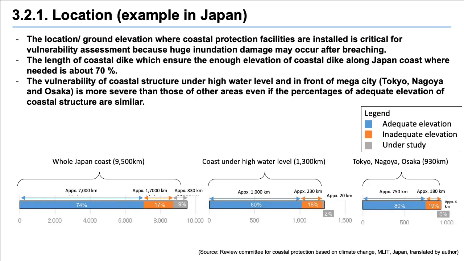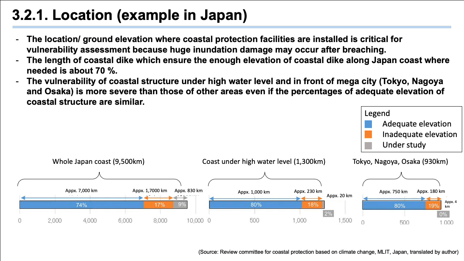I'd like to explain the first focal point, that is location. Example in Japan. The location or ground elevation where coastal protection facilities are installed is critical for vulnerability assessment because huge inundation damage may occur after breaching. Here is an example of the length of coastal dike, which ensure the enough elevation of coastal dike along Japan coast where needed. The cover ratio is about 70%